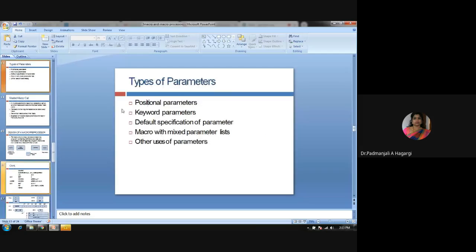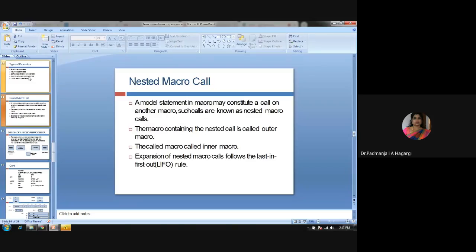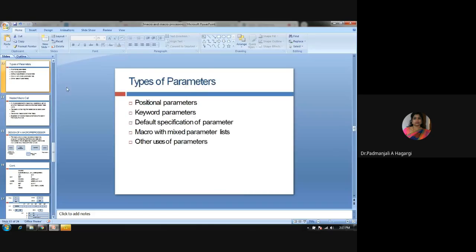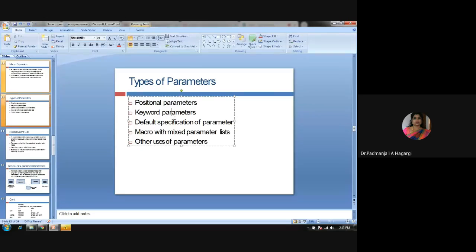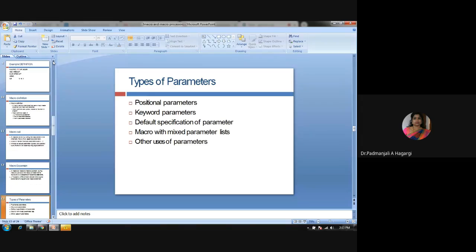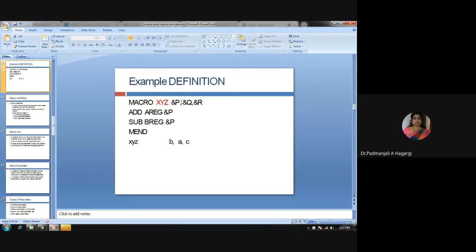So I have told you all about the macro types. We have three types, as I said: positional parameters, keyword, and default. In keyword parameters, all are given the exact values.